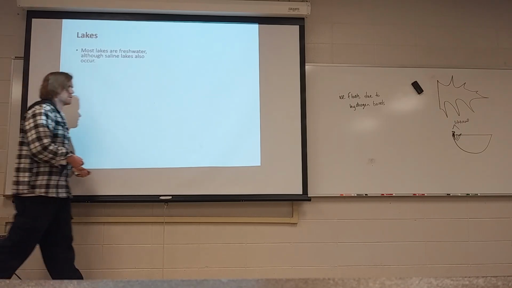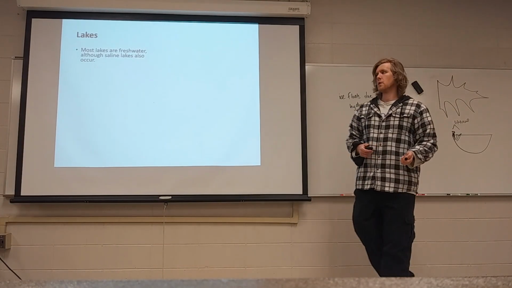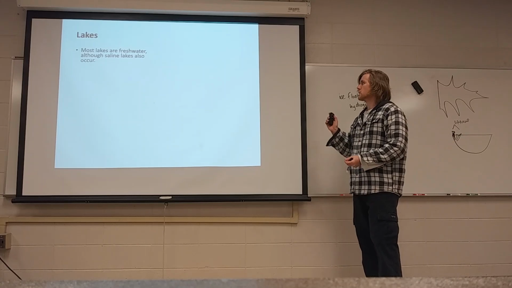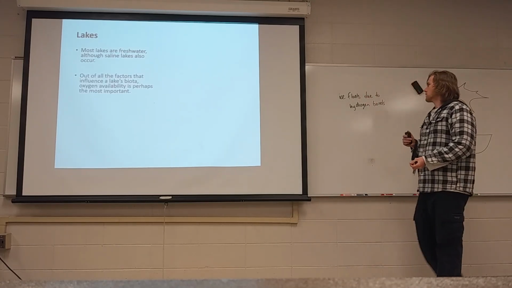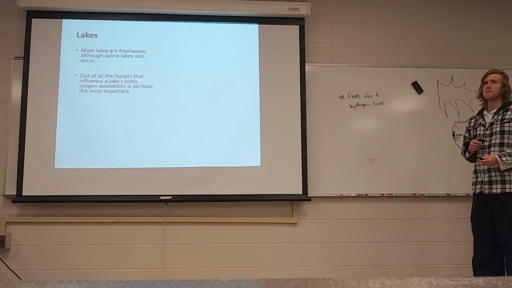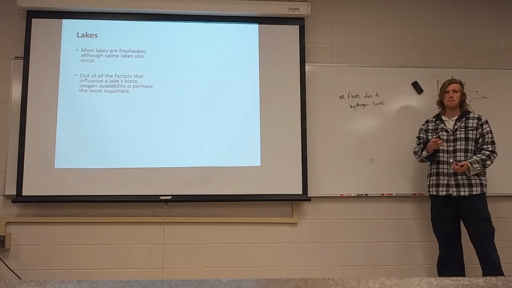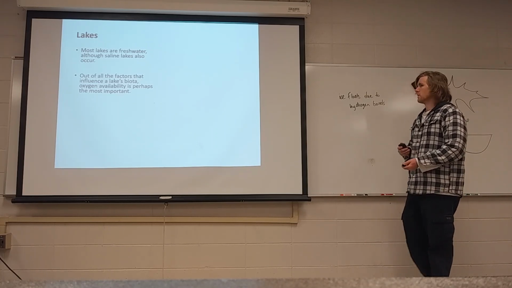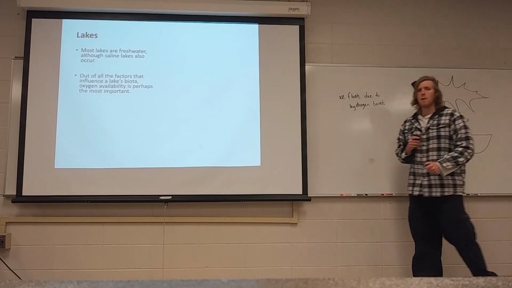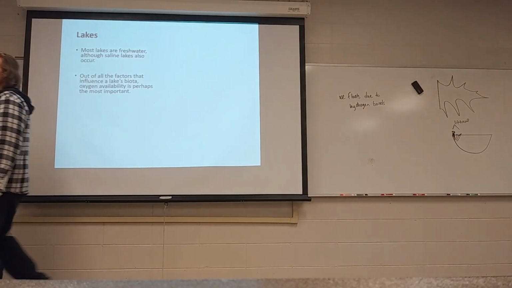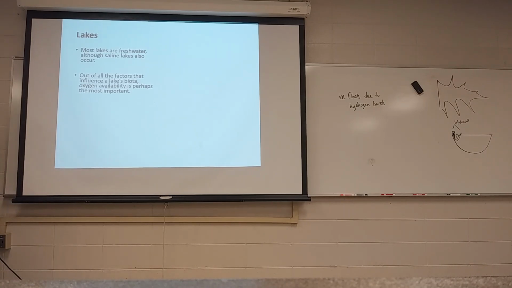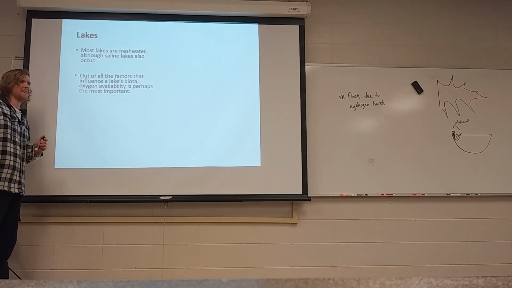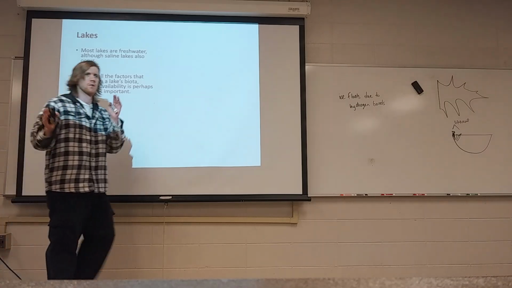So most lakes throughout the world are freshwater. You've got some like the Great Salt Lake that is not, as you might have guessed by the name, but most lakes are fresh water. In terms of the factors that influence what lives in a lake, water movement, which we saw with rivers, that's not much of a factor with lakes, but oxygen availability still plays a huge part. Now, if you look at freshwater lakes, you can lump them into two different groups, and again, it's not so simple as every lake's going to fit neatly into one of these categories. It's just these are the two